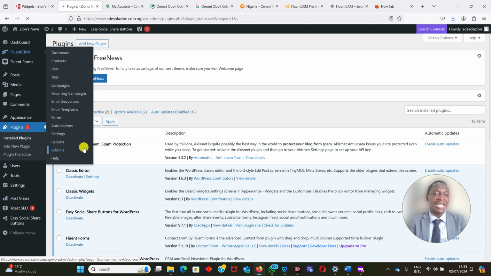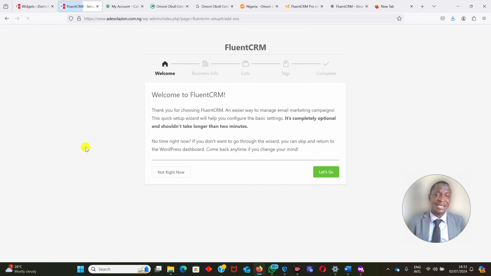Now, what do I need to do now? The first thing is that you cannot send an email campaign when you have not built a list that you want to send to. So Fluent CRM will enable you to configure the application for the first use. That is what we are seeing here now. For whatsoever thing you see, it will ask you if you want to configure.